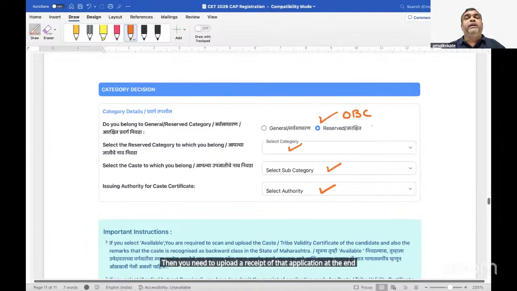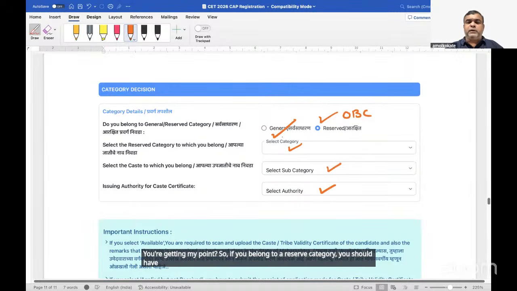But if you say not available, they will not allow you to go ahead. If you say OBC certificate or caste validity certificate is not available, they will not allow you to go ahead. They'll ask you to apply in the general category. You're getting my point? So if you belong to a reserve category, you should have that caste certificate, caste validity